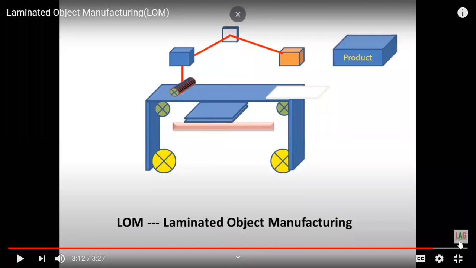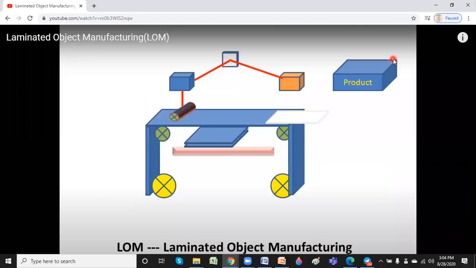Okay, so are you able to understand now? This is the product I am getting, and this is not a single layer. Like this, everything we made, and finally it will be laminated as a single piece. So this is the basic product you can see here. Like this, one by one, if you are making, finally you will be getting a box-like thing. So this is the final product of a 3D model. Okay, so that's laminated object manufacturing, right?